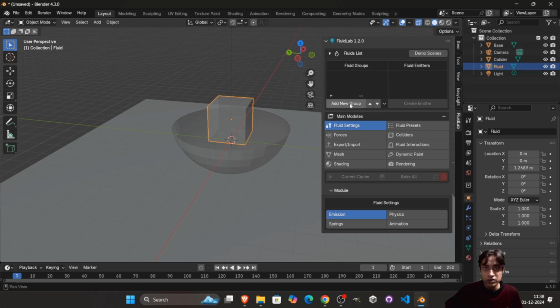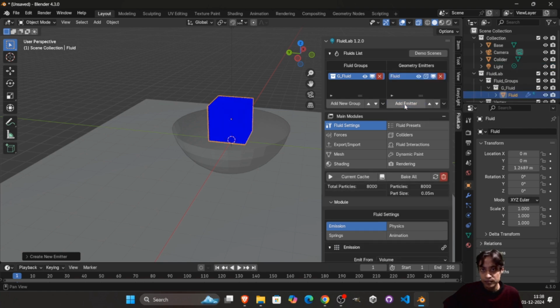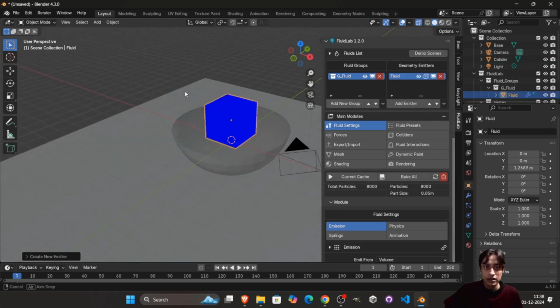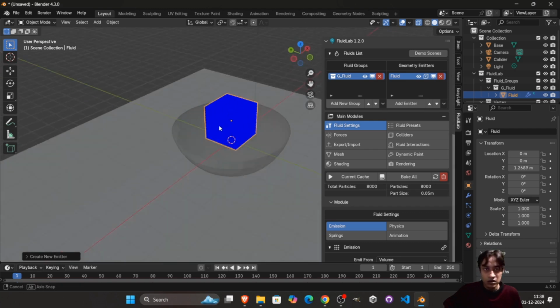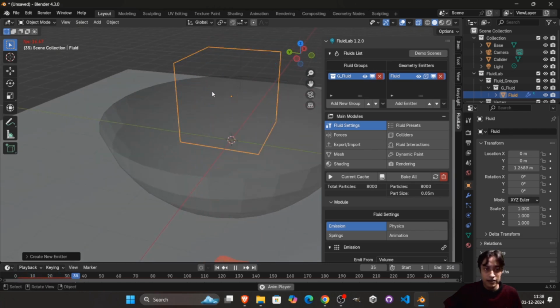So select the fluid object, add new group. Right now you can do both inflow or geometry. We will go for geometry at the moment. Let's go ahead and select OK. Now this has created an empty collection. Now we need to add the emitter to it. So click on add emitter, and there you go. You have created all the particles over here, and you can now press play and see the fluid fall right down because we do not have a collider